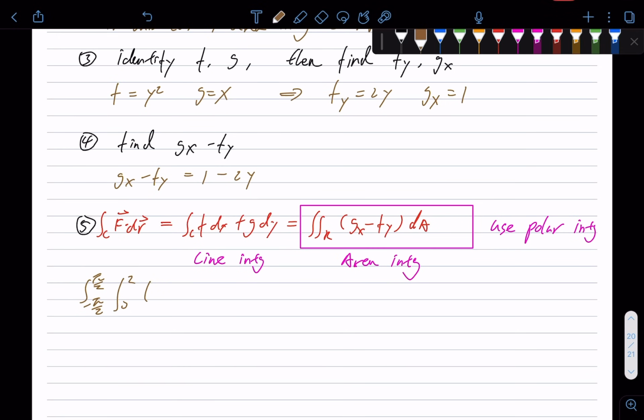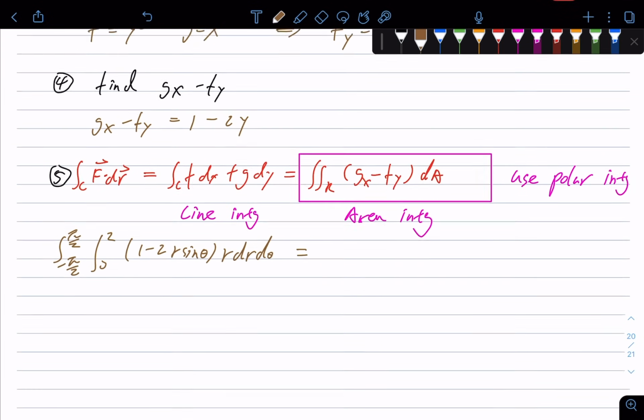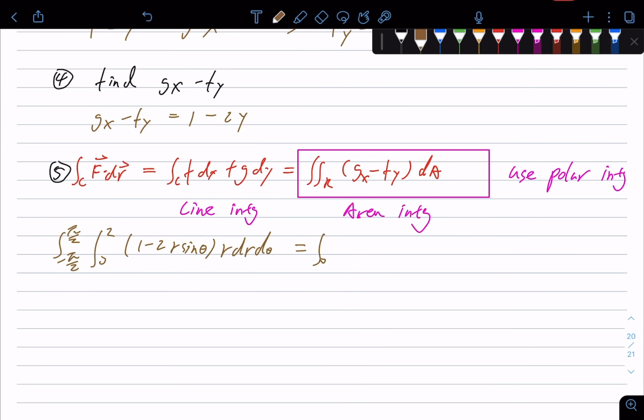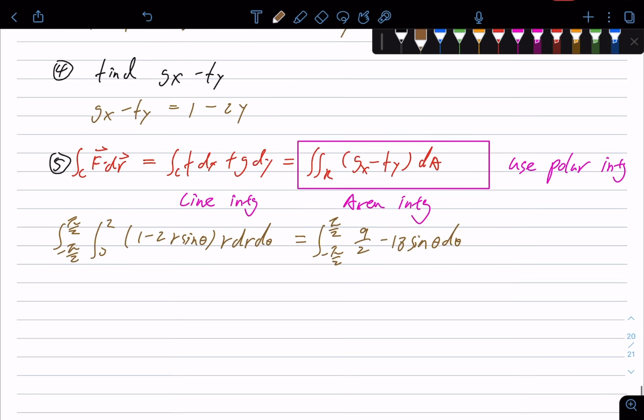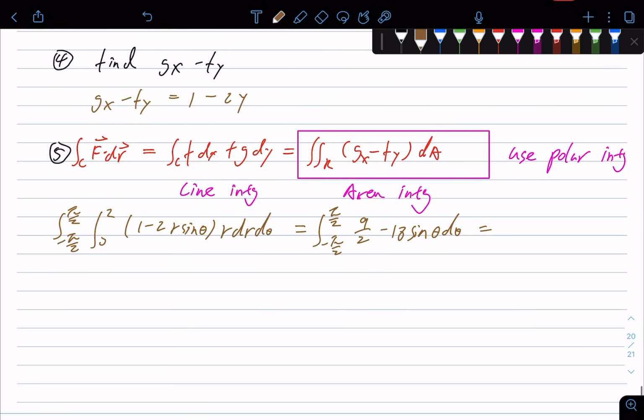And then 1 minus 2y, and y is r sine theta. And then we're going to include the conversion factor r d theta. And then we'll go ahead and compute this integral for you really quickly. From negative pi over 2 to pi over 2, I'm going to have 9 over 2 minus 18 sine theta d theta equals 9